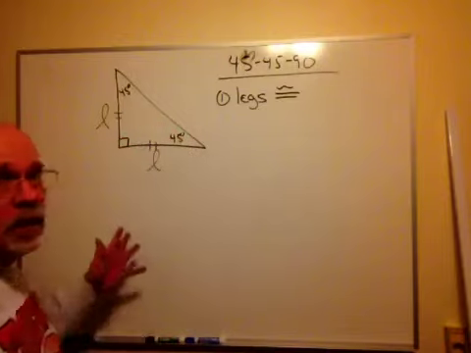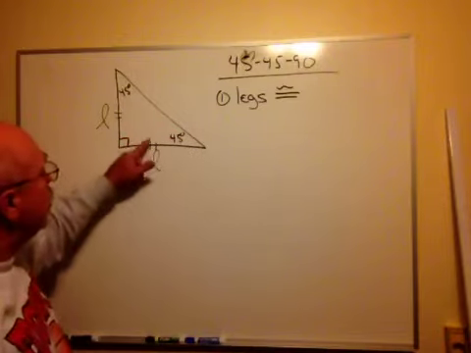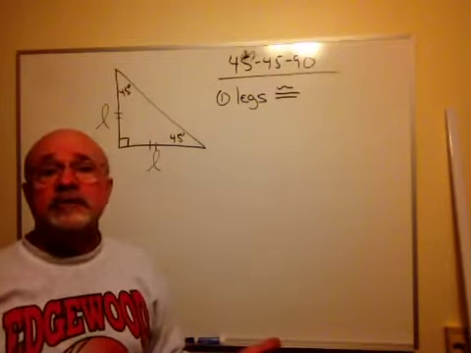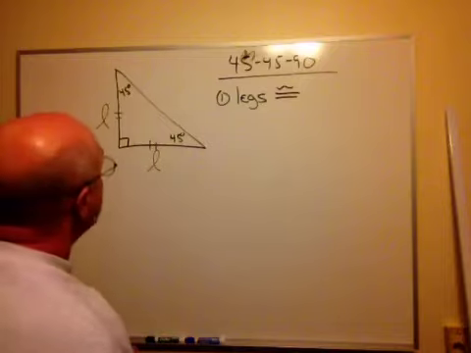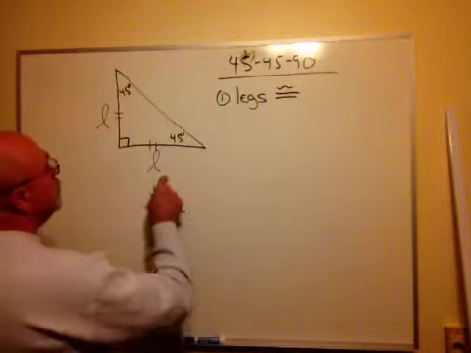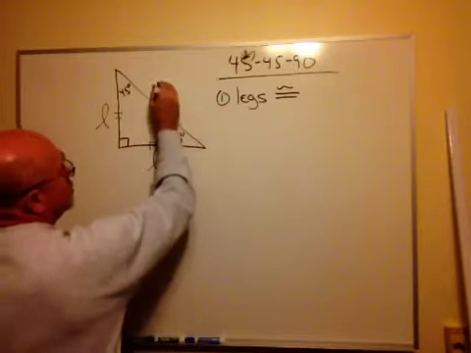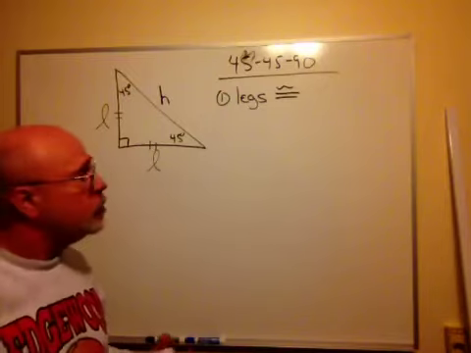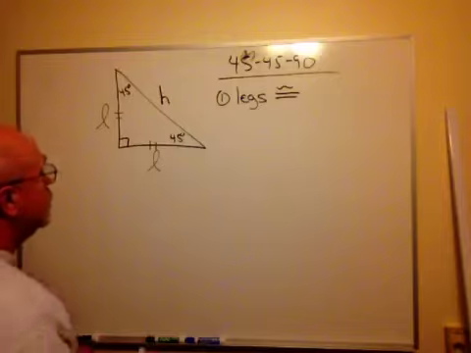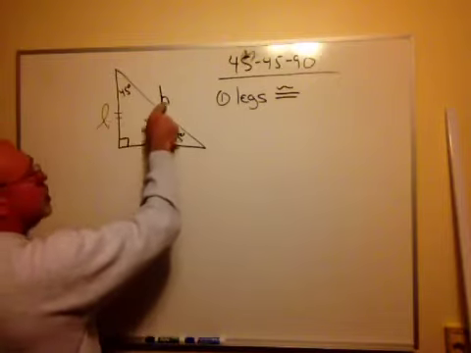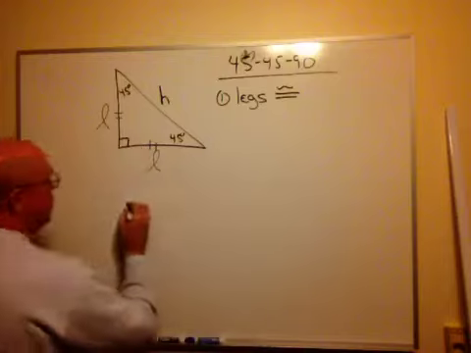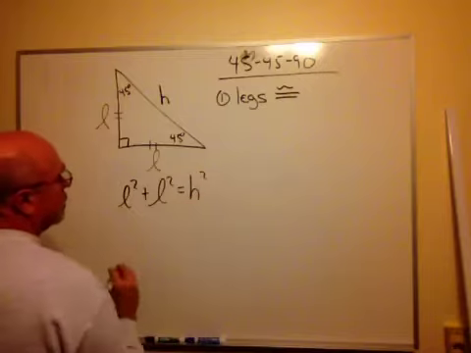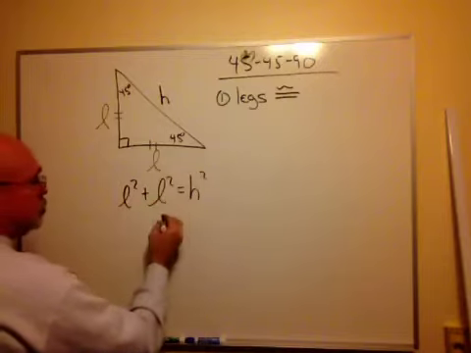Now, we can also work that one backwards. If we have the legs marked congruent and the angles aren't marked, we have a right to know that those are 45-degree angles. Okay, now we want to find the relationship between the legs and the hypotenuse. To develop that relationship, we're going to use the Pythagorean theorem. It says that the leg squared plus the leg squared equals the hypotenuse squared. So that would be L squared plus L squared equals H squared. Well, L squared plus L squared would be 2L squared